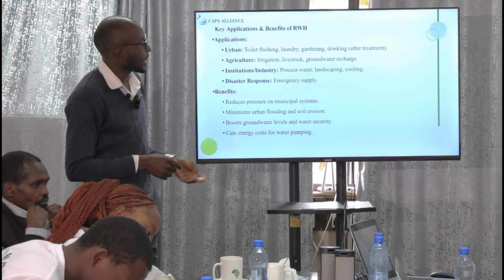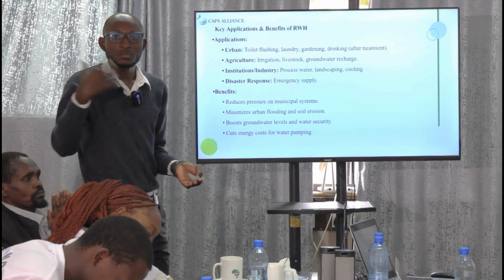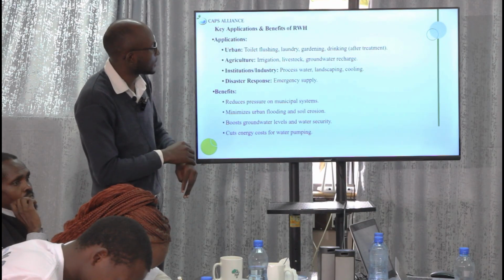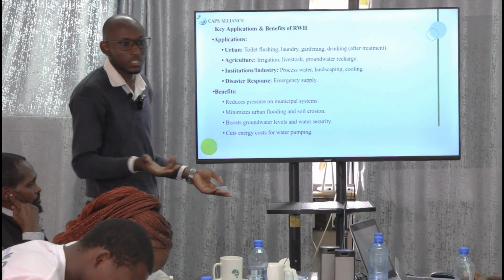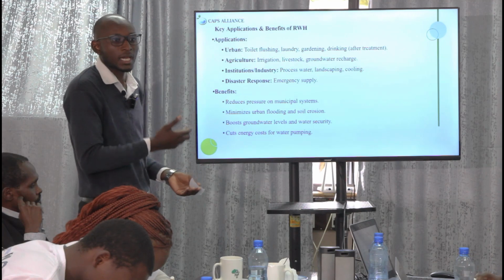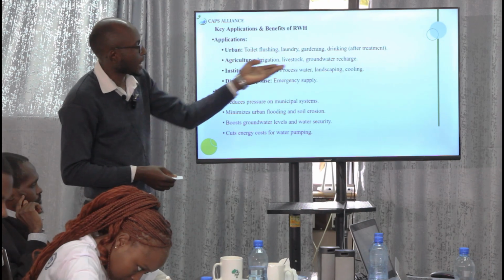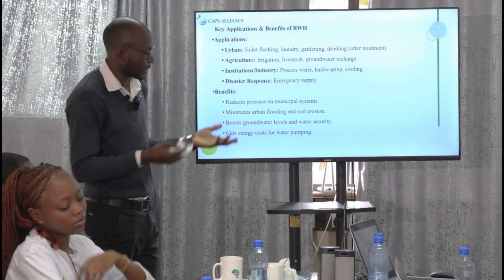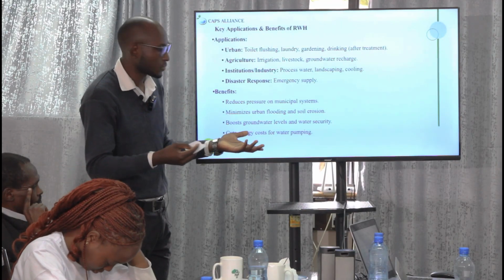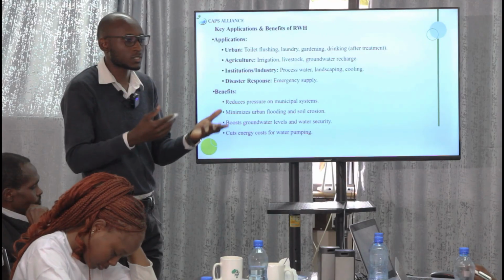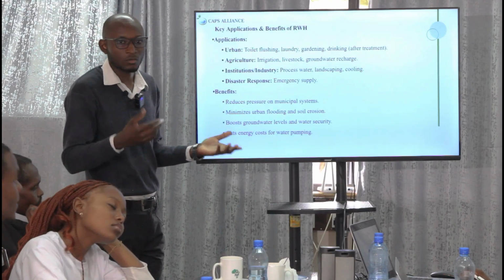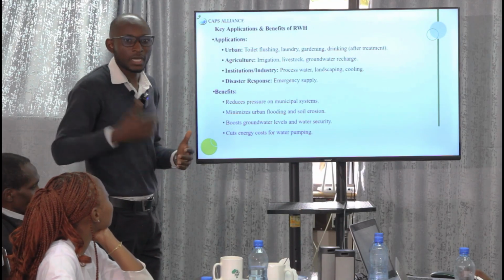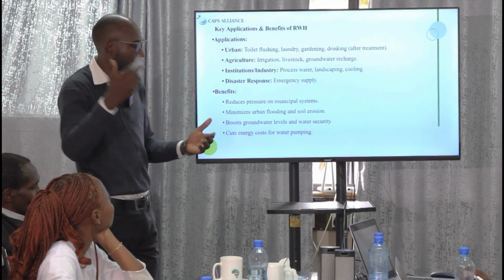Now, such systems can be applied, especially when we collect adequate water. That can be applied in different uses: industrial, agricultural, and domestic, which are actually mentioned here. So the benefits will be, one, the urban systems. For example, in Nairobi, there was a time when we had floods, I think last year but one. We shall have addressed this because we have collected water when it's there more than enough, then used it in